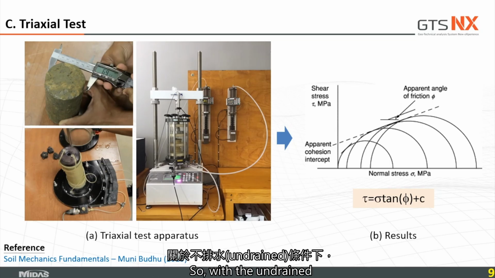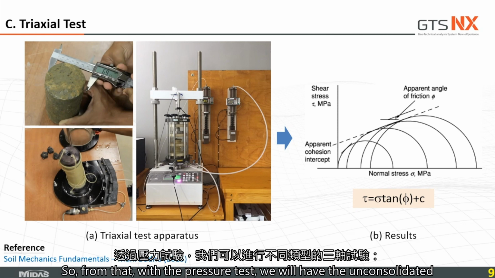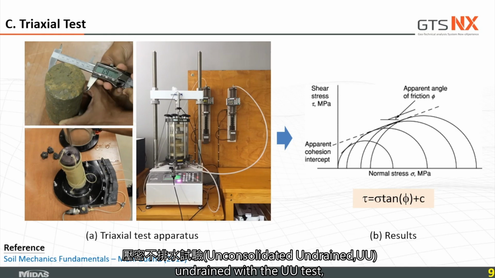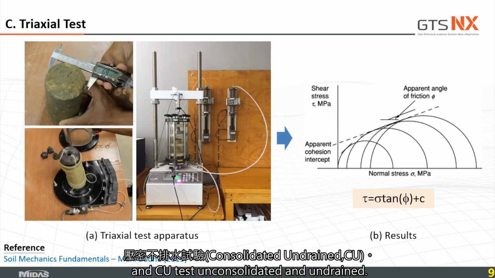We consider drained and undrained, and consolidated and unconsolidated soil. So with the triaxial test, we have the unconsolidated undrained UU test, the CD test, consolidated and drained, and the CU test,